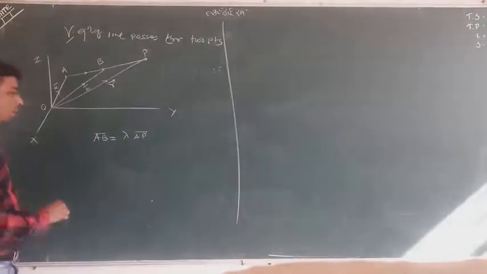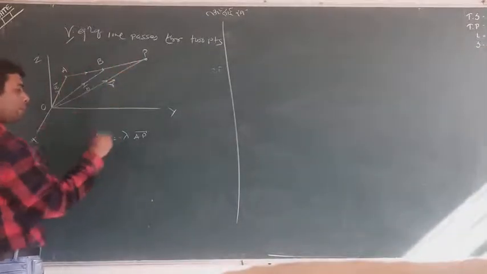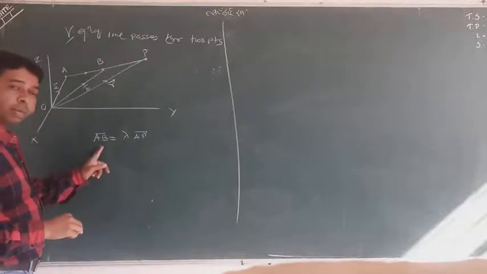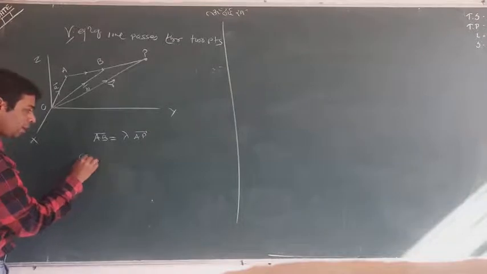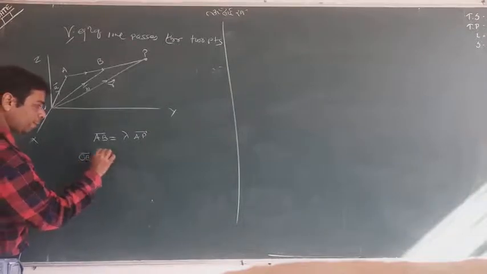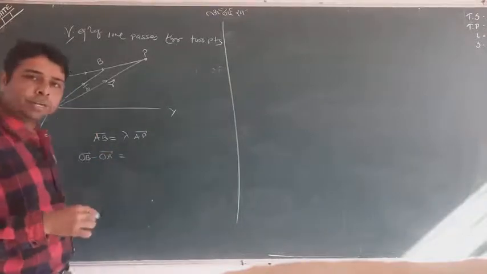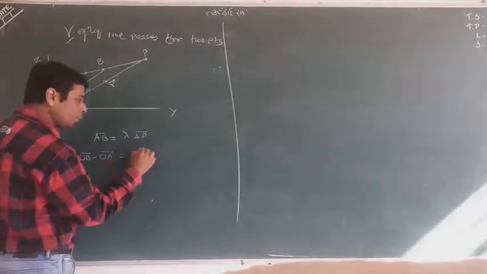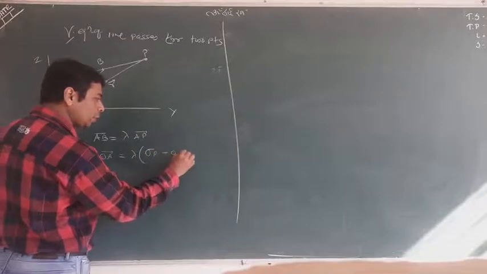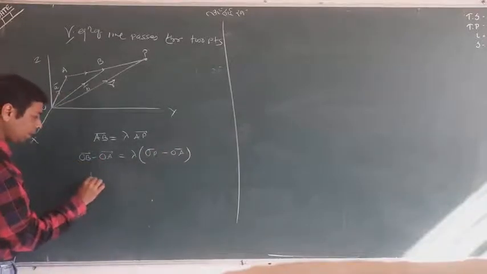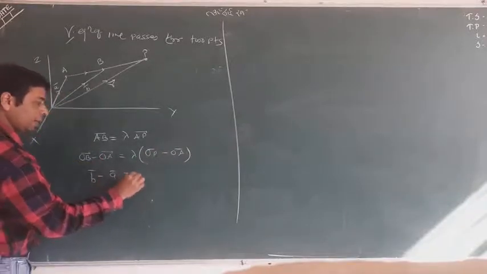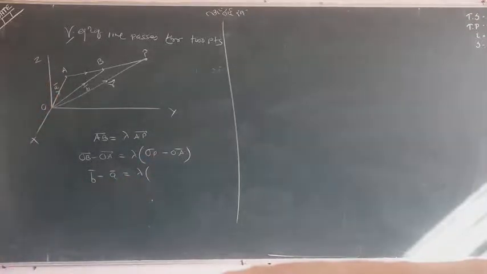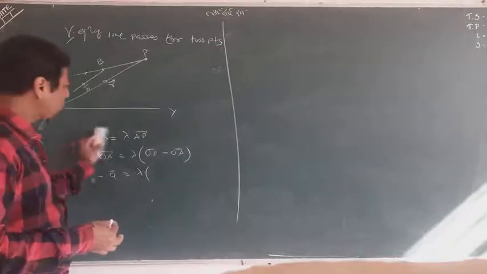So now further we'll go. AB is some times of AP. What is the meaning of AB? With respect to O, find here AB. AB meaning position vector of B minus position vector of A. That we studied in the very initial lectures. And what is AB? Position vector of B minus position vector of A. Now what is B? It is B minus A. It is lambda.